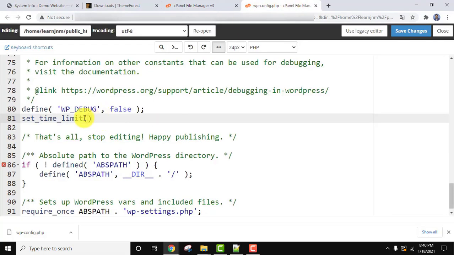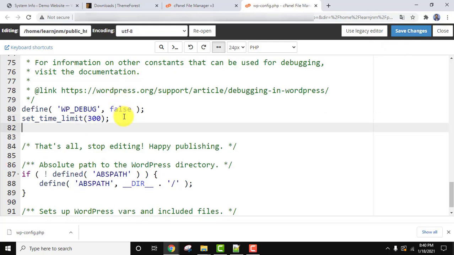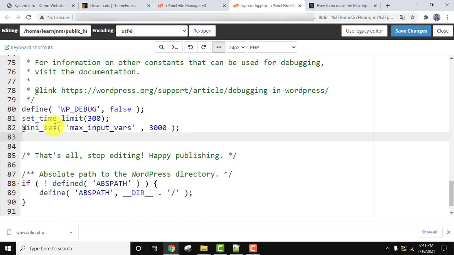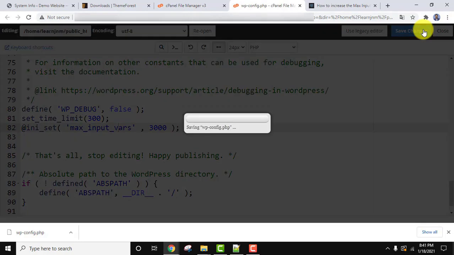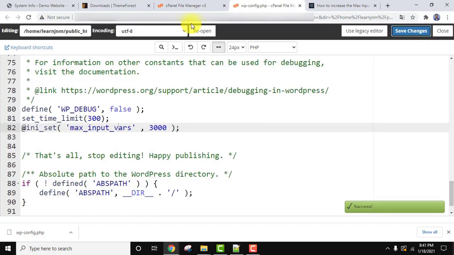You can set it to, let's say, I'll set it to 300. Okay guys, now you can click on save. Don't forget the semicolon. You can also mention the section for max input vars. So let's say set the following. This is for max input vars. That's it. Now click on save changes. We have clicked on it.